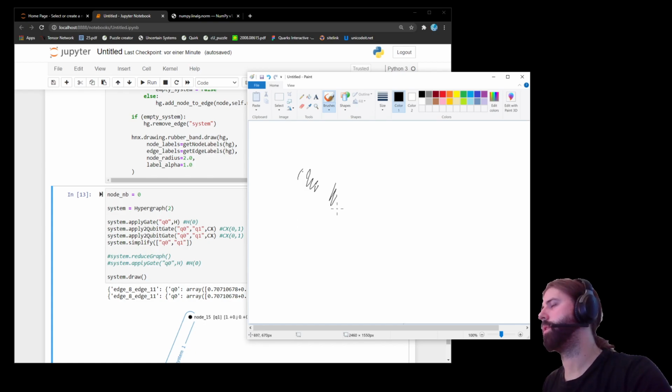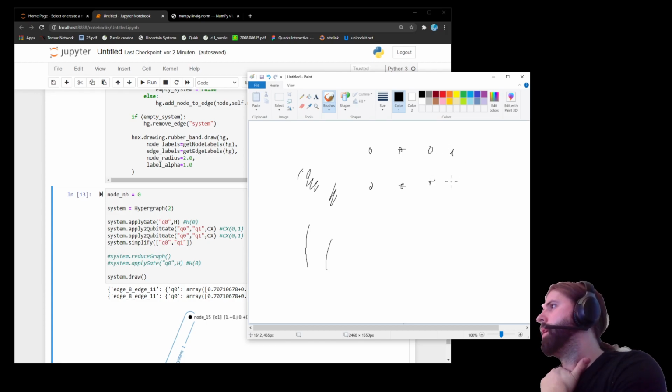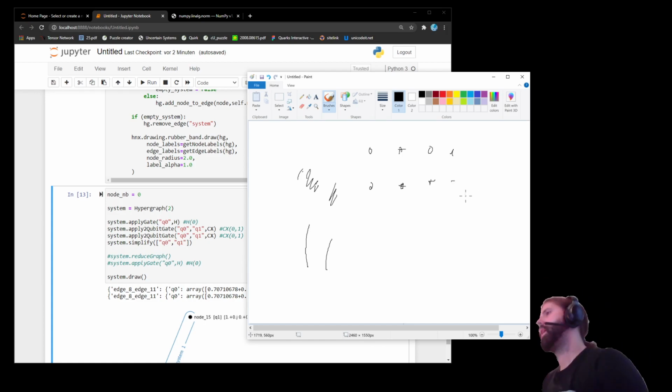Am I painting or not? Yeah, of course, looks like hell. So we start with 0, 0. Then we can do a Hadamard on the bottom, right? So plus, minus, 0. Then we do 0. Or we can do the two Hadamards plus plus, and then we do control Z, right? And then we have a 0 plus and a 1 minus, and then